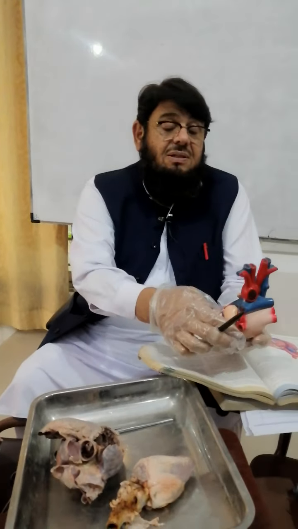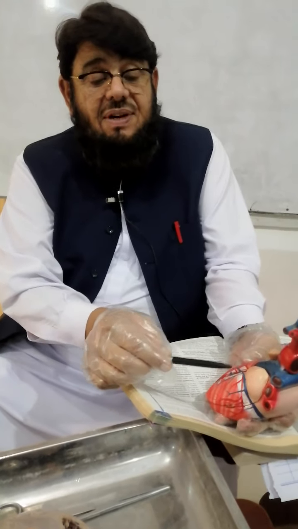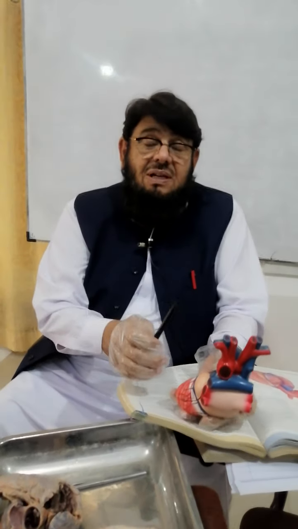Look, the heart consists of four chambers: right atrium, right ventricle. It is also called the right heart, and the left atrium and left ventricle, that is also called the left heart. The right side of the heart receives the deoxygenated blood from the whole body and also from the heart tissue by itself, and then from the right atrium it passes to the right ventricle. From the right ventricle this deoxygenated blood passes through the pulmonary artery to the right and left lungs.